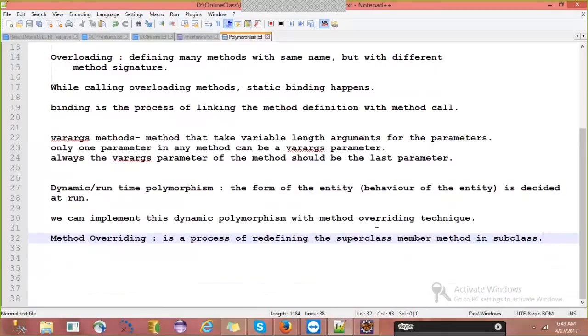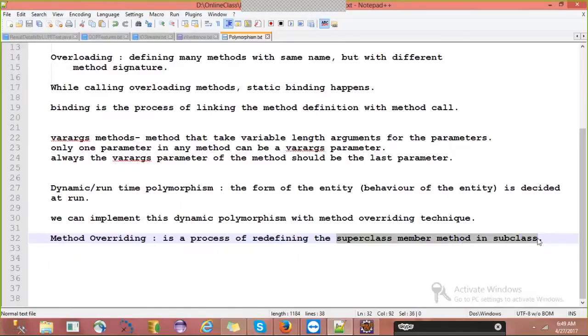So like this we need to define the overriding. By observing this definition, what we can understand is that to do method overriding, it is compulsory that we have inheritance. How can we say that we need inheritance? Because here we are saying superclass member method in subclass.